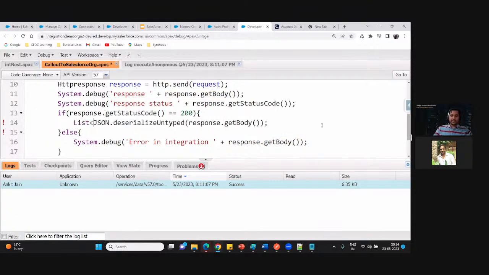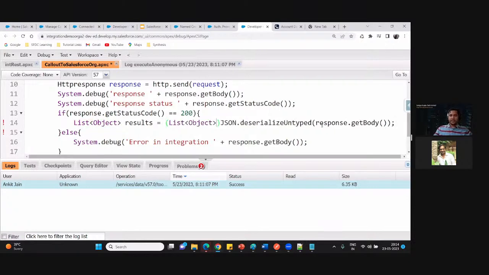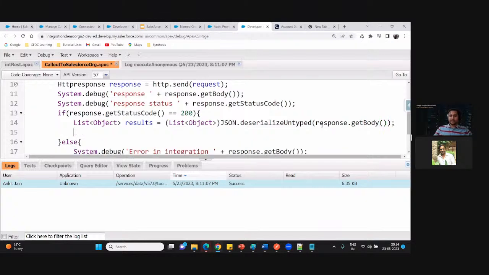So let me go and handle the object here. So a list of objects, let me put here results is equal to, because we also have to do the type conversion here, because one is a string and the other is returning the result. So here I am doing the typecasting as well. Now I got the result. It's very simple. We just have to iterate over this result or list the way we do the iteration in Apex, by using the for loop, and we can access all those details.